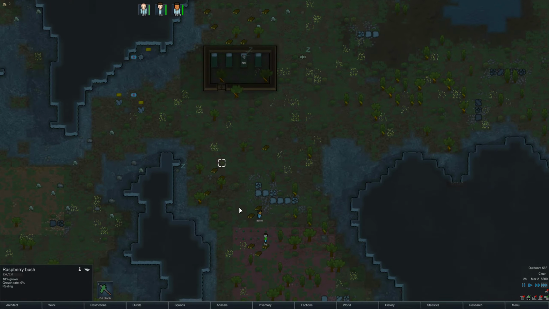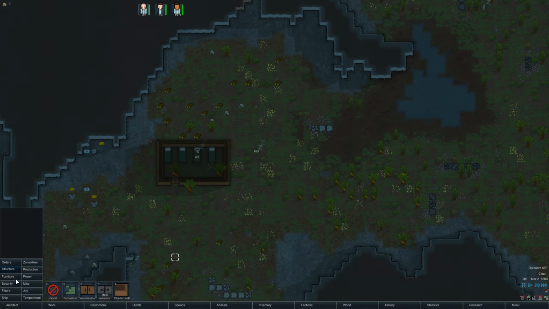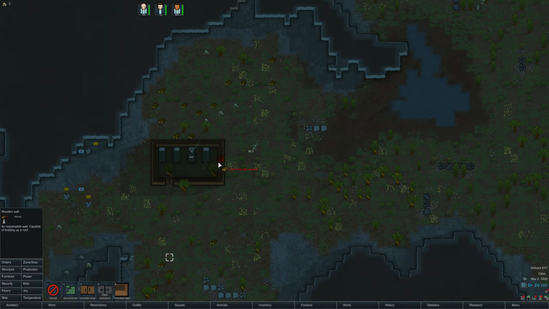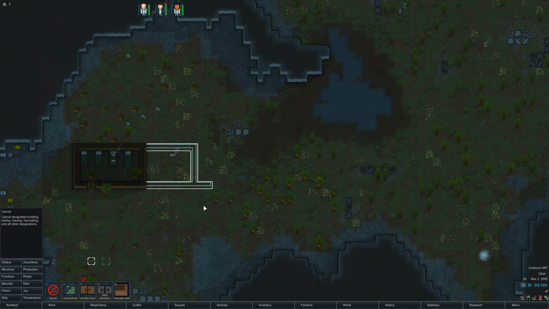We need to chop this wood. Everyone needs to chop a lot of wood because we got some buildings to make. High-tech structures, wooden wall. So this is going to be a hospital or something. I want a little area here for